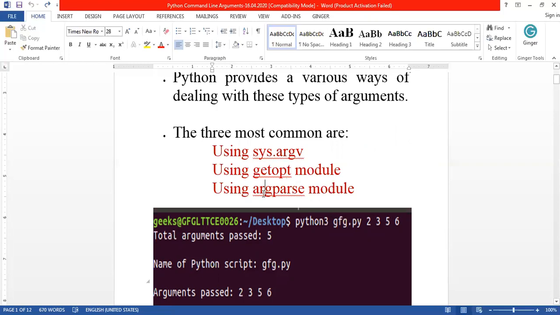Next, argparse. These two modules are similar to each other, as both are validating the arguments that are passed at runtime. This one will check whether the correct command is given by the user, and it also checks whether the correct data type of the argument is given or not. It also takes care of what action has to be done on the command line arguments.